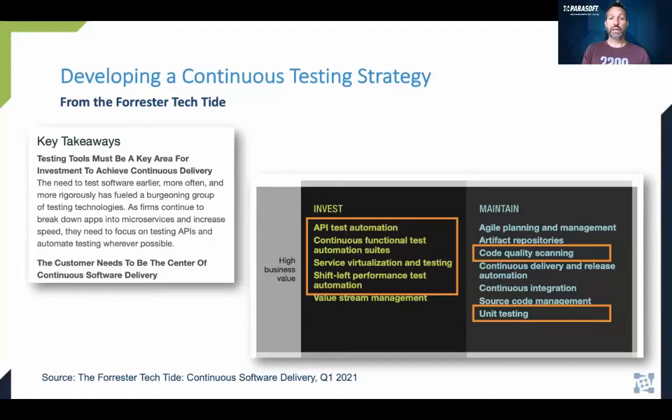It's huge, right? Continuous functional test automation suites. So this is actually a whole Forrester Wave on this. And so I recommend you look at that wave to understand what those tools are, what they offer. But this is more of this idea of end-to-end test capabilities, suites of tools versus a best of breed approach. And again, in this report, Forrester actually recommends suites or platforms versus best of breed